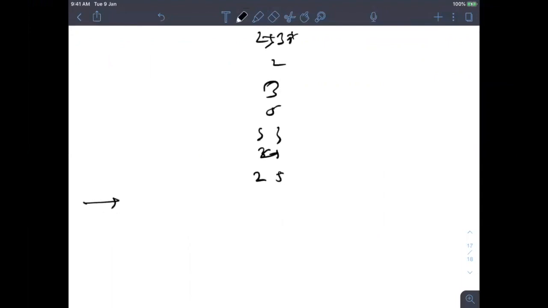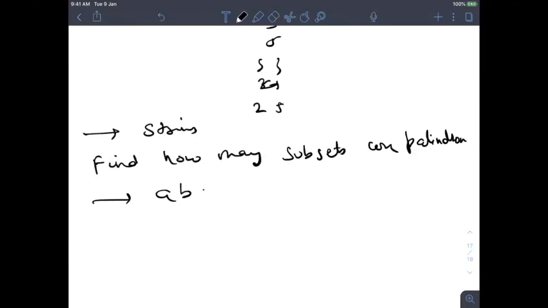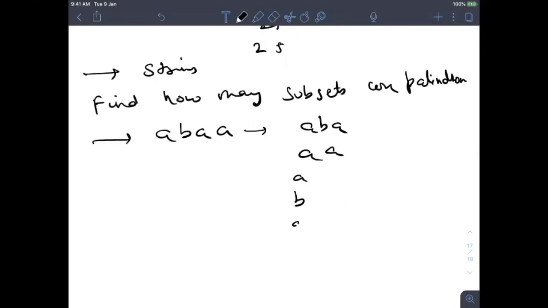Here, given a string, find how many subsequences are palindromes. Let's say the string is ABA. A is a palindrome, B is a palindrome, A is a palindrome individually, and ABA is a palindrome.